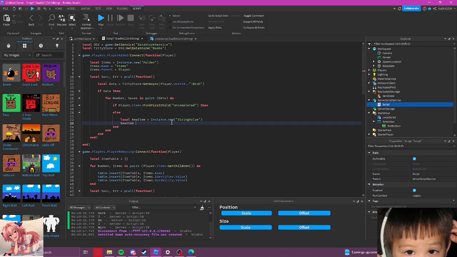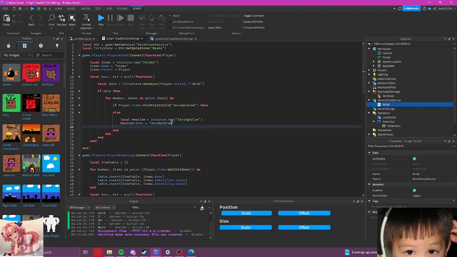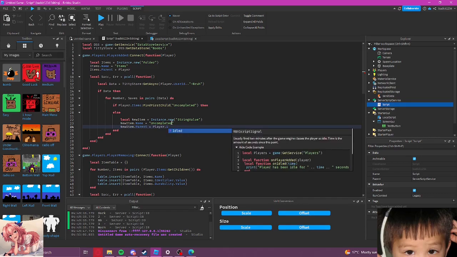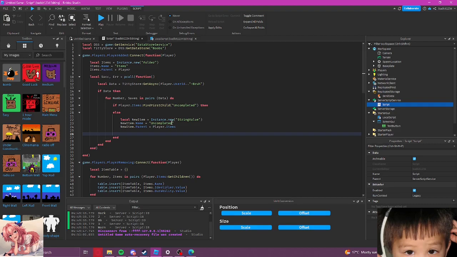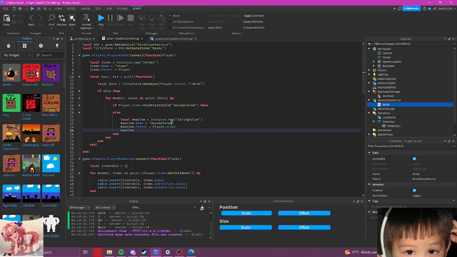newItem.Name equals, sorry, there we go, Uncompleted. All right. And then newItem.Parent equals player.Items. Boom, there we go. Then we're going to say that newItem.Value equals saves.